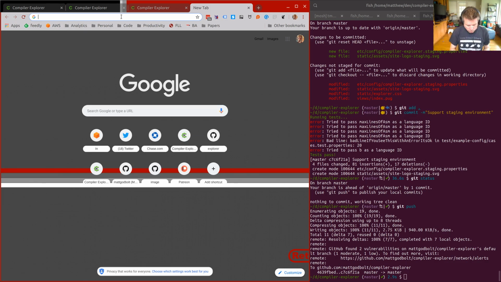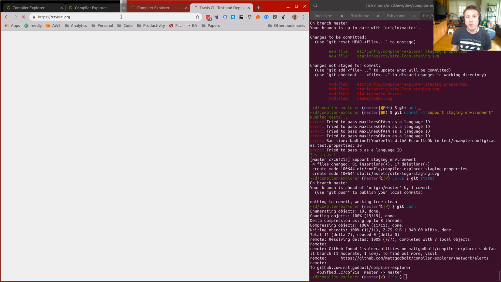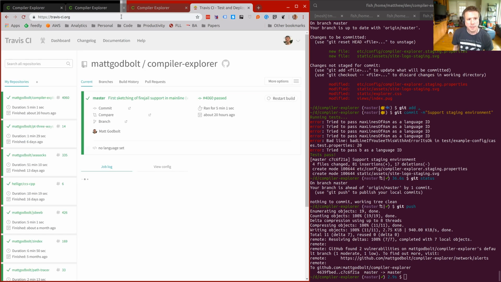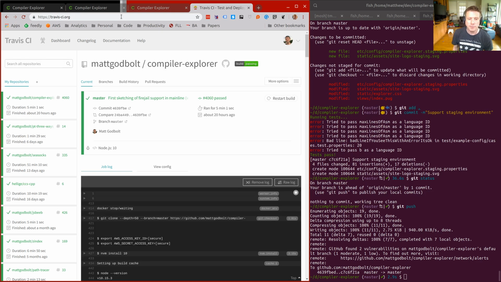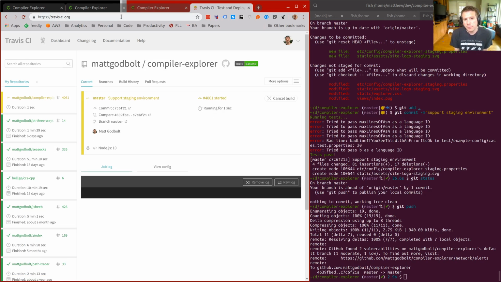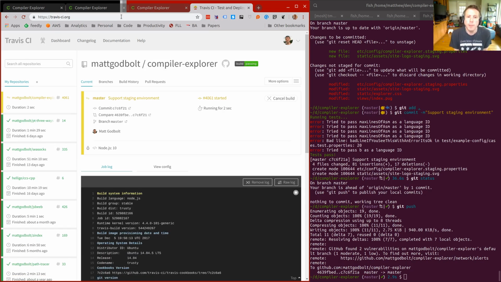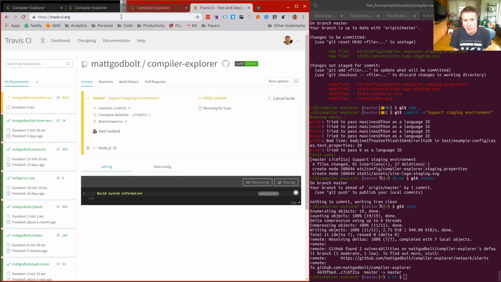So let's go to Travis. This is where those tarballs are actually built. And you'll see that any second now, a build will get kicked off. And they take around about 5 minutes, like it says. And when that finishes, we will get a tarball, probably build, there it is, build 4061. And build 4061 will then become available because it will be pushed onto S3.